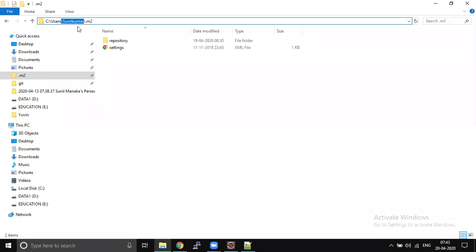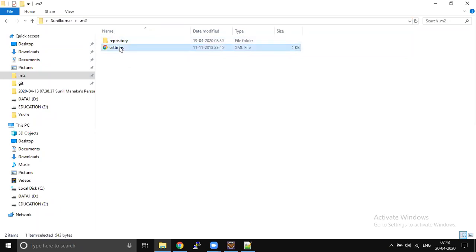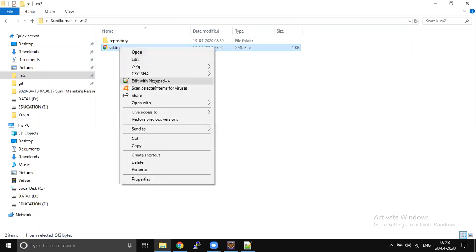So instead of Sunil Kumar, this is going to be your user ID in your system. Then the .m2 is going to be the same. So here we will keep the settings.xml. This is the default location. Most of the time we follow default settings, default configuration, and the default naming convention for Maven, because we don't get much benefit from customization.